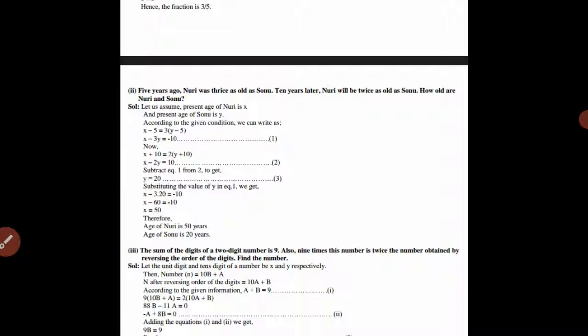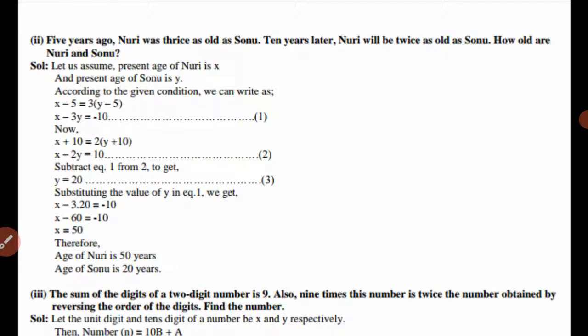in the second part we have: 5 years ago Nuri was thrice as old as Sonu. 10 years later Nuri will be twice as old as Sonu. How old are Nuri and Sonu? So in this question we have given that 5 years ago Nuri was thrice as old as Sonu. So according to the question we have given,